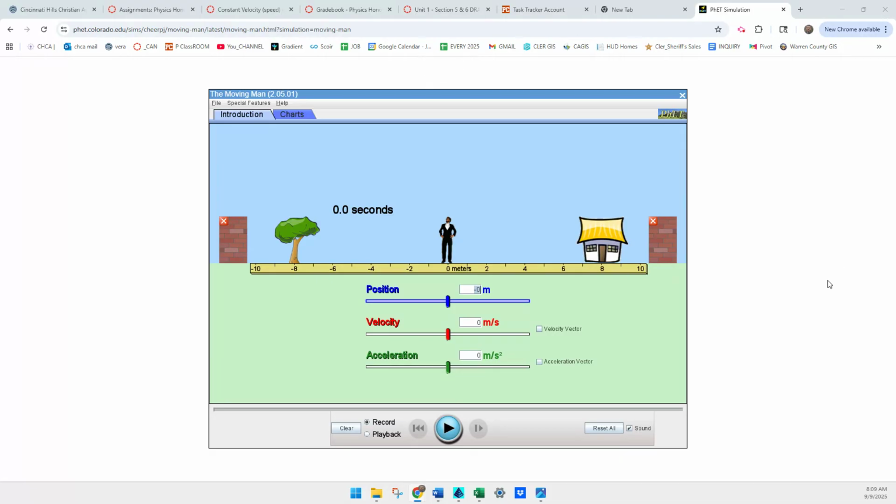Now, if you pay attention to the instructions, it's important. You definitely should play around with this a little bit. You can see you can change his initial position, move it around. You can change some of these settings. This is a great way of just trying to understand acceleration. You can look at what's going on. This is a really, really good simulation to be thinking about when we're dealing with acceleration and initial velocity and